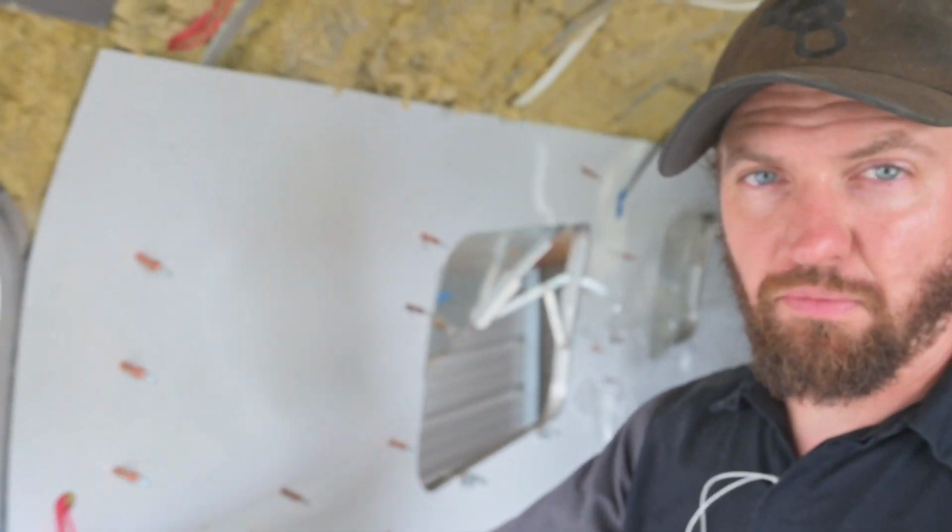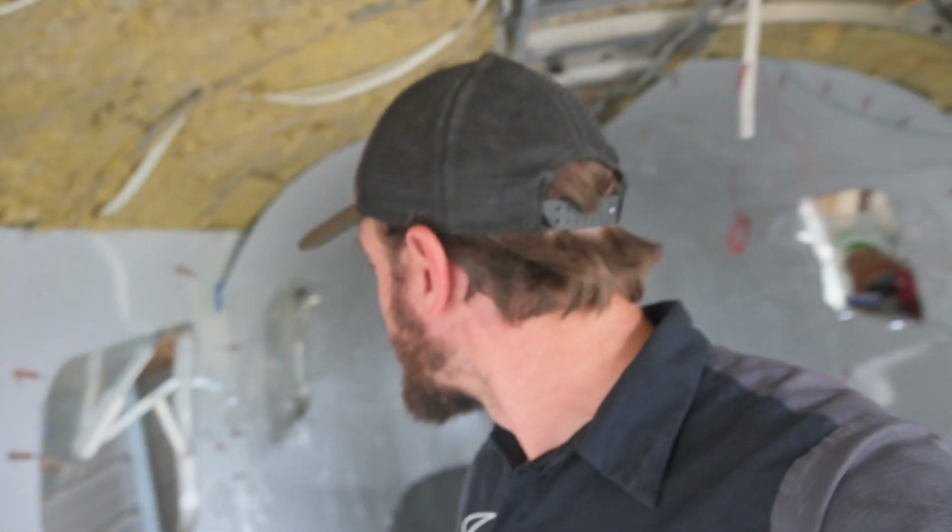So as you can see, we have a lot of the interior skins up, and we're kind of moving on to that stage of the electrical where we're running stuff through the walls. For example, there's going to be a light switch here, and we're placing all of our outlets. So obviously this is really critical to know your dimensions and where stuff's going to be, especially